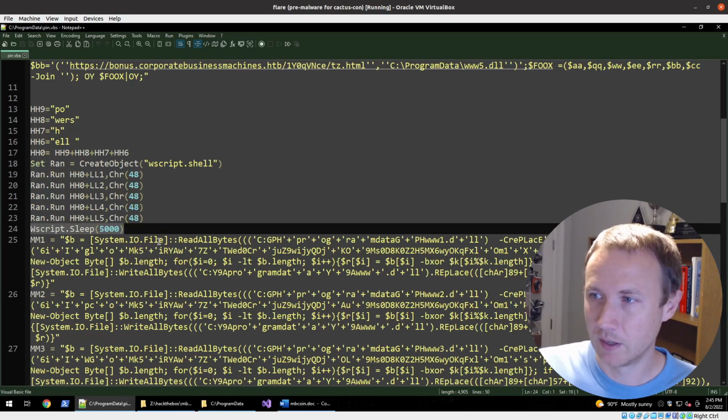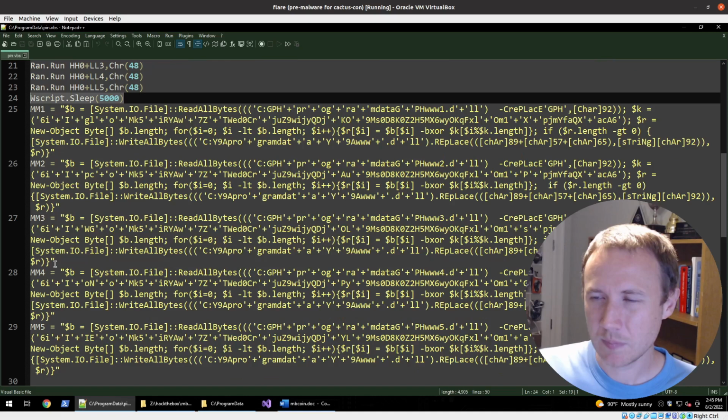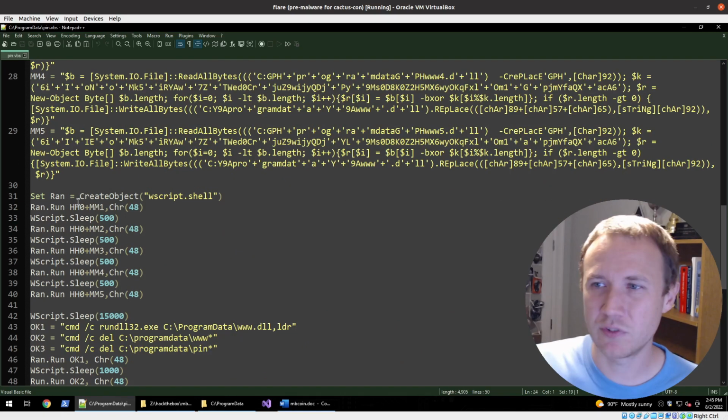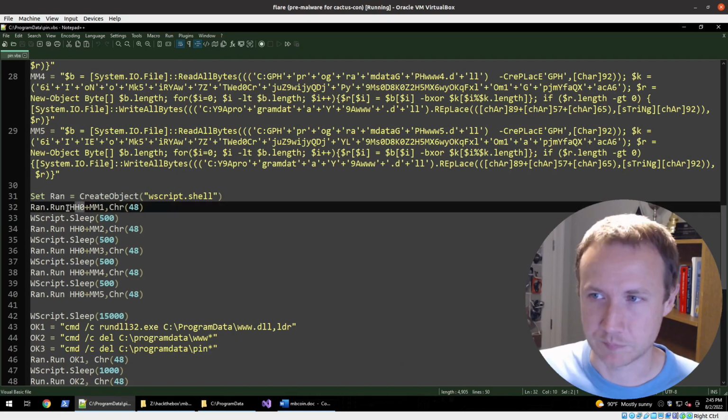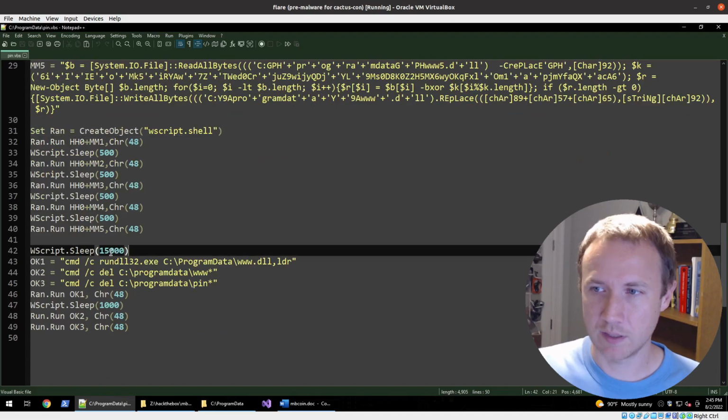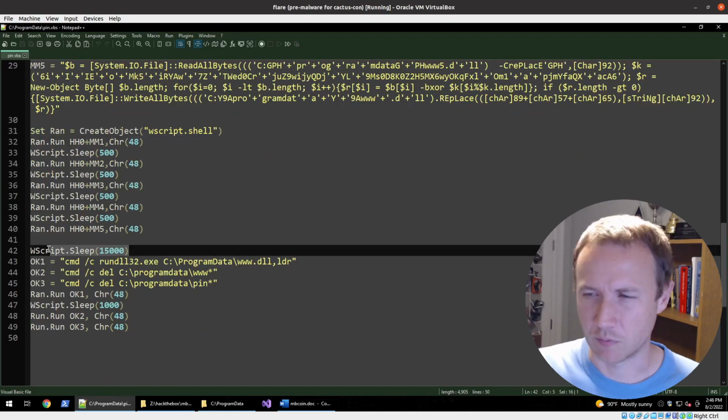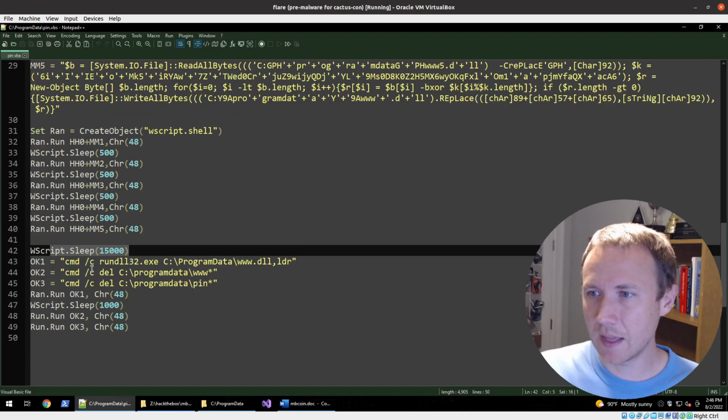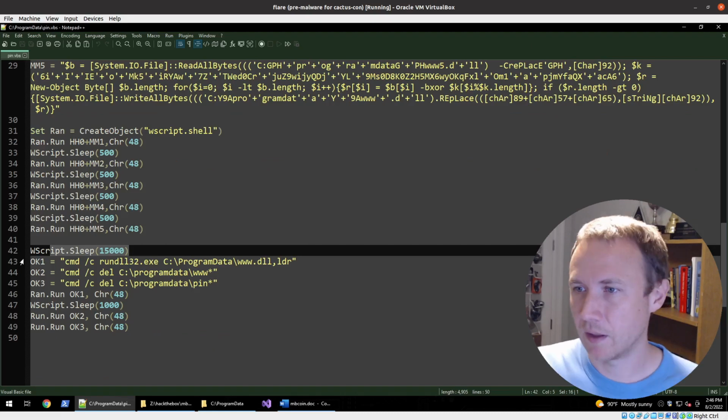Then we've got these 5 MM commands. And this time we're going to do basically the same thing. We're still using the HH0, so that's our PowerShell. We're still using hidden windows. And we're going to run each of those, sleeping half a second between them. Then we're going to sleep for 15 seconds. And let's see, then we're going to run rundll32,